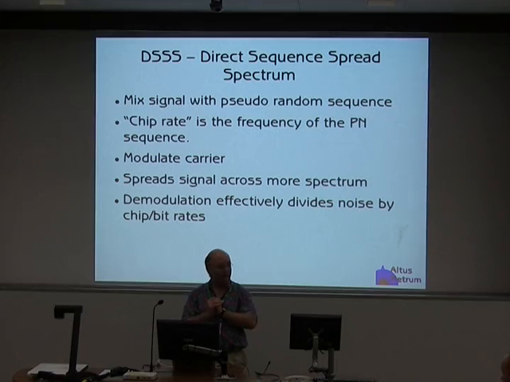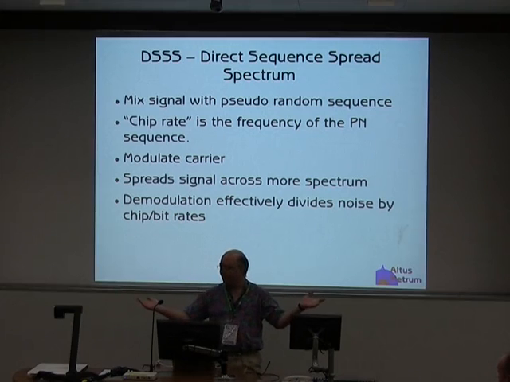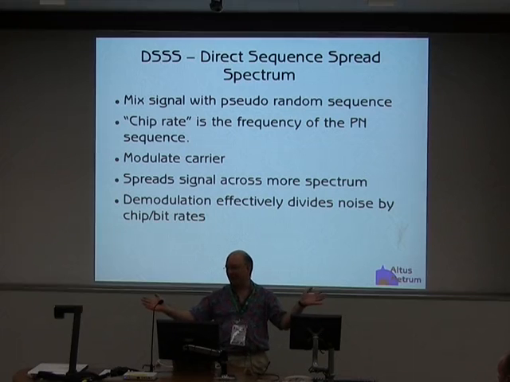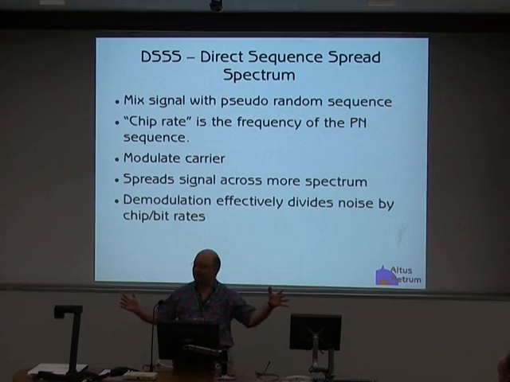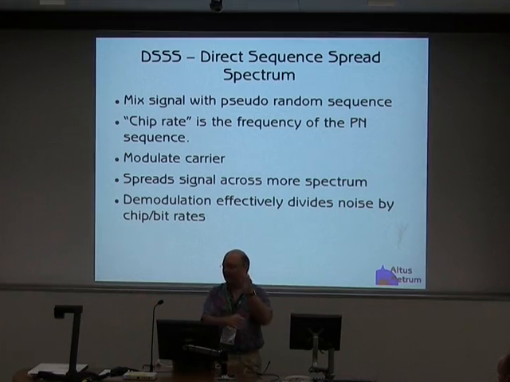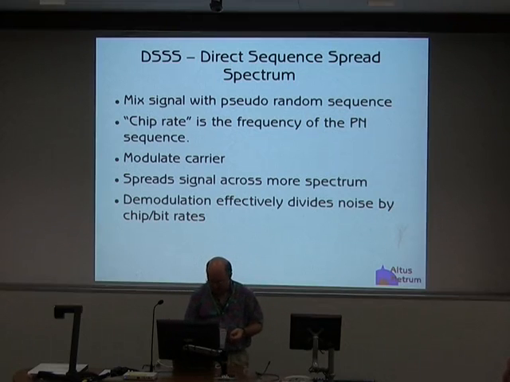What does that do to your bandwidth of your signal? It makes it really wide. And is that typically good if you would have a really wide frequency? No, your receiver has to have a really wide carrier. All the noise gets added in. But what happens is when you demodulate that, you basically collapse all of that bandwidth back down to your original signal, and you take all the noise. I've got a lovely picture in a minute here, I hope. Yeah, I think so. I'll show you the picture.